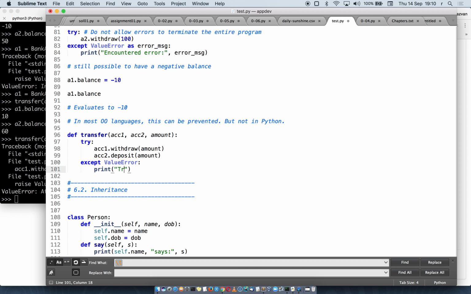Trans... All right, so we want to print something meaningful. Okay,